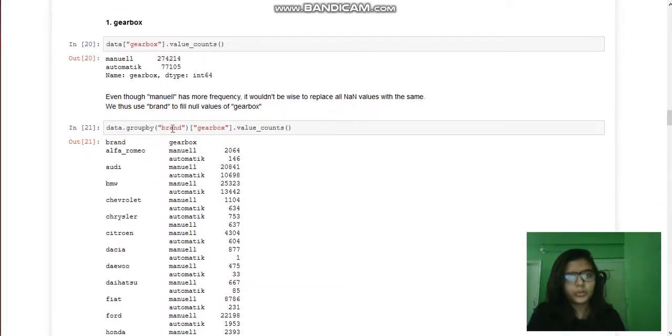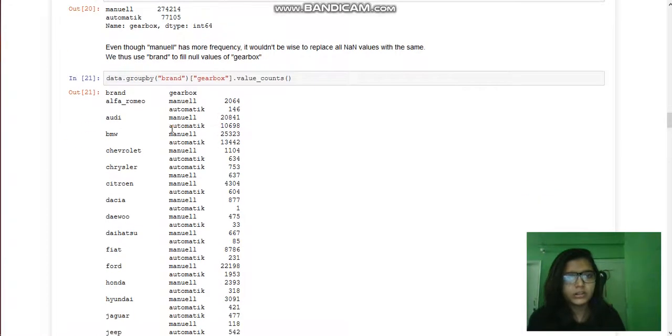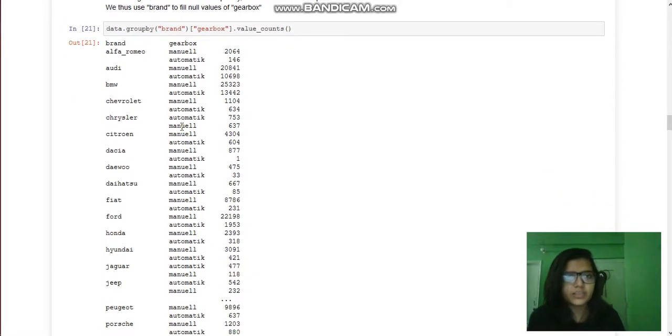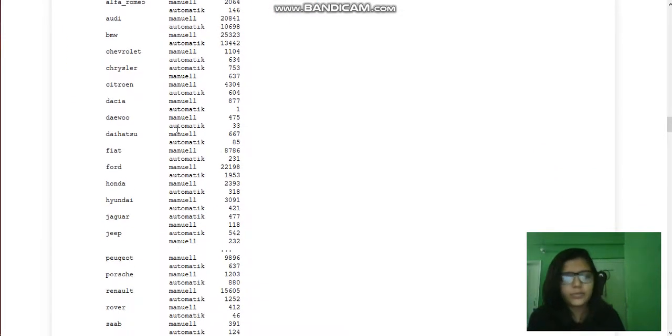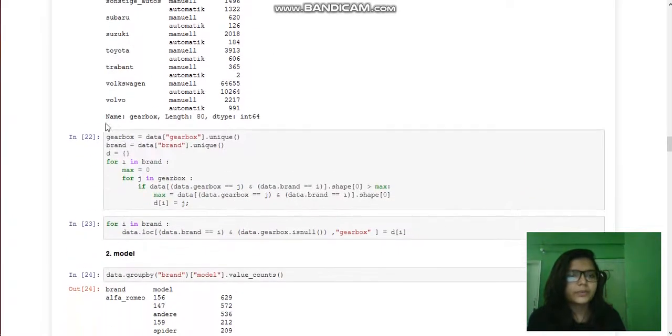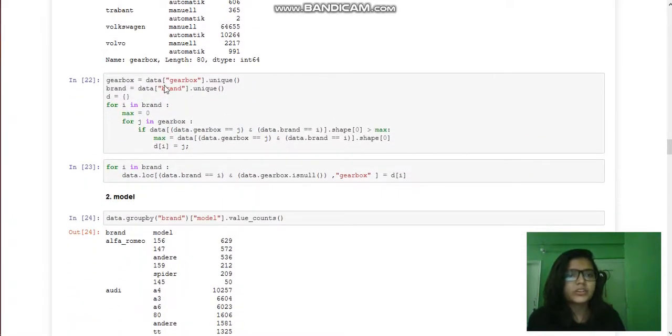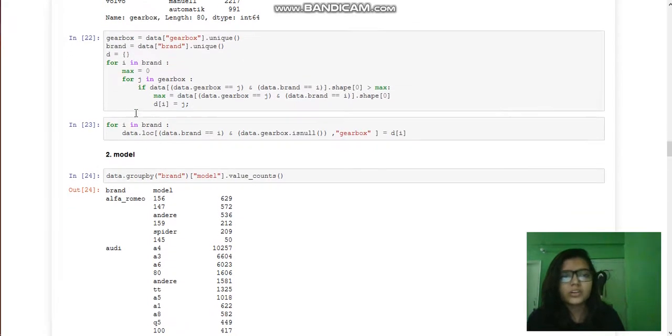We're going to group the gearbox column by brand, and whatever brand the particular gearbox is in, we'll fill it with the most frequent gearbox in that brand. Over here we make a dictionary which will have the brand name and the highest frequency gearbox, the mode of gearbox, and we're going to replace it.